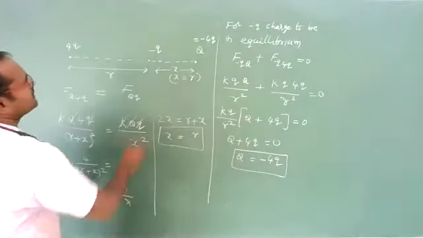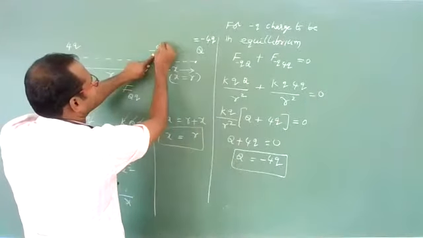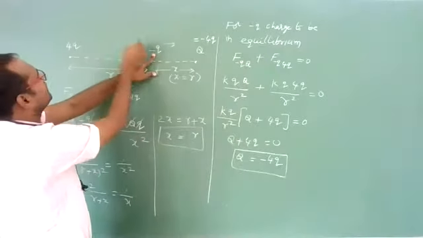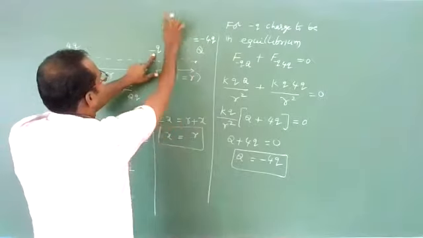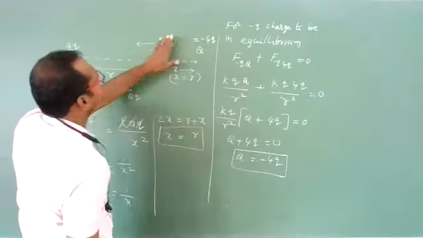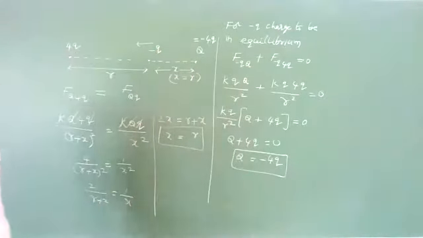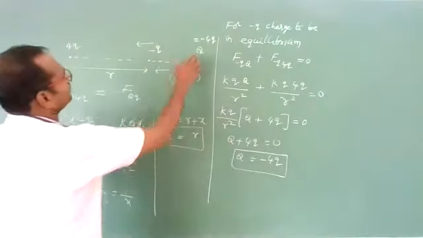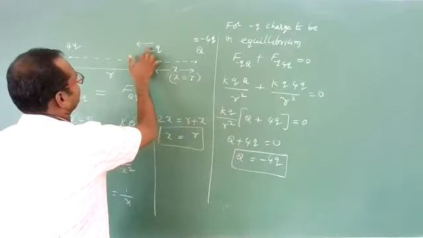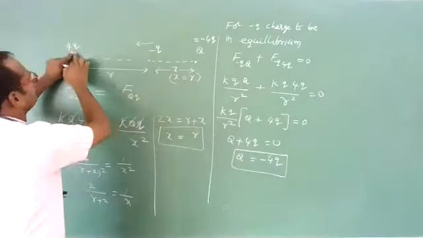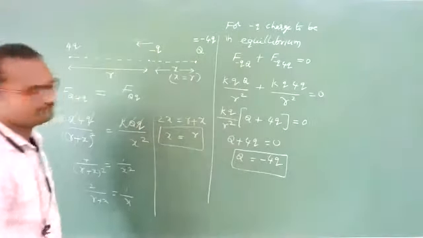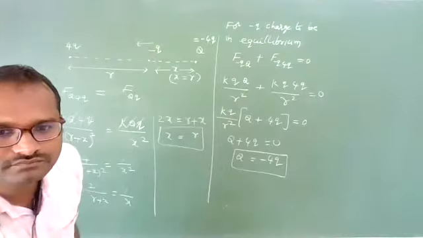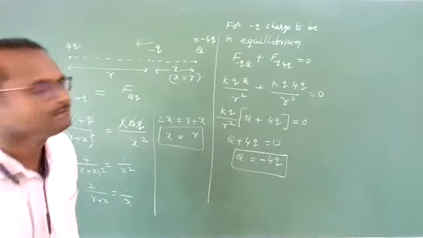Now see on this, due to negative charge, attractive force this side, due to positive charge, this is repulsive force this side. See, this is negative charge, this is negative charge. On this, repulsive force this side. This is positive charge, this is negative charge. Which side? Attractive force. Yes, it is not in equilibrium. Are you getting, friends?